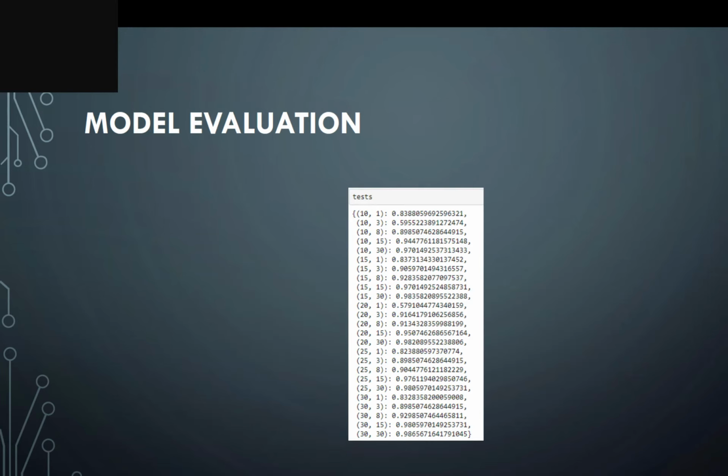Then when it comes to evaluation, it can be seen that already 30 epochs deliver quite high accuracy of 97%, and bumping up the number of input gates on the first layer to 30 delivers an accuracy of 98%.